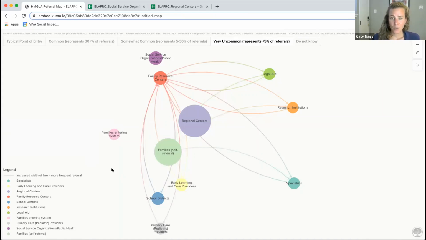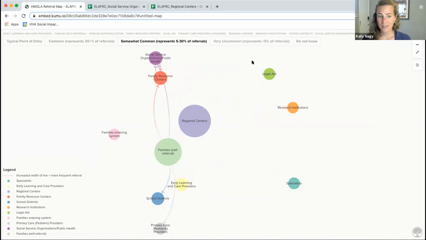That, of course, would be a discussion that happens within the partnership and within the collaboratives, maybe also bringing in some of the specific partner types that are represented by the circles in the map. Again, maybe a good place to start is somewhat common, because there are fewer there, but if you can get those somewhat common to common, it will really strengthen your network and the referrals that are happening between partners. So that's the overview of how to use these referral